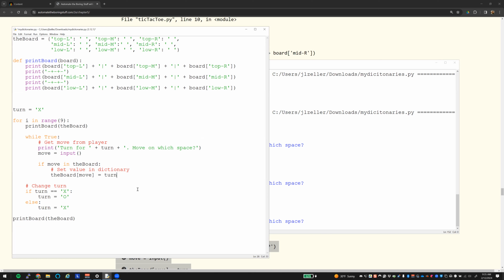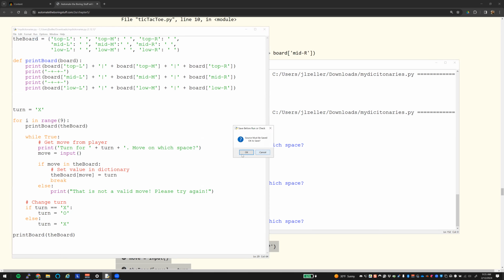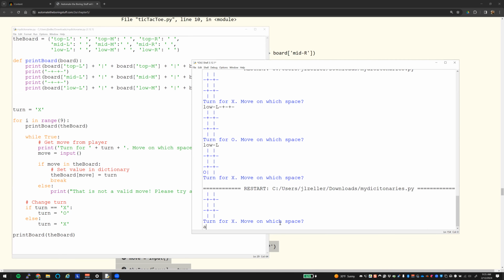Elif, in this case we just want else, print. Let's go ahead and break out of this, by the way, if we actually do have a move. Print, that is not a valid move. Please try again. Okay, so one little tweak there is going to make sure that what they type in